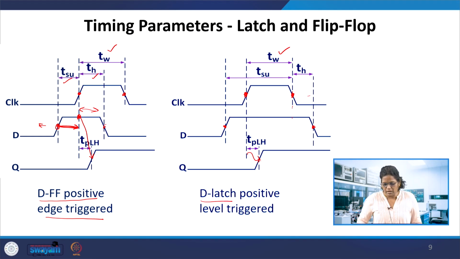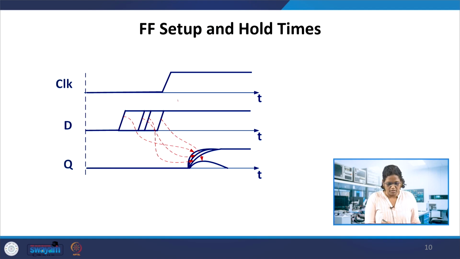So the parameters involved are setup time, hold time, and then the TPLH. If this had been changing from high to low, then that is called the TPHL. Similarly here also, the setup time and hold time apply. So if this is a clock transition, and suppose the data is changing like this, the data should not be allowed to change during the setup time and also the hold time window. There is a window in between.